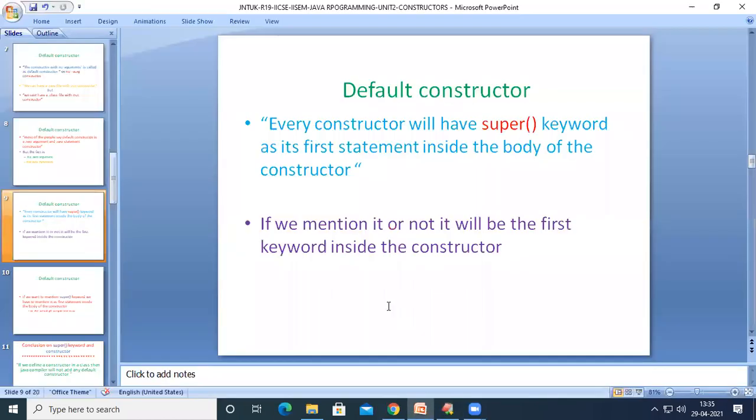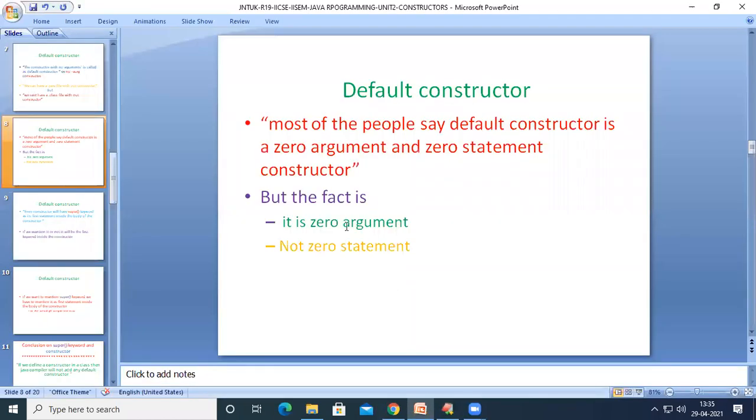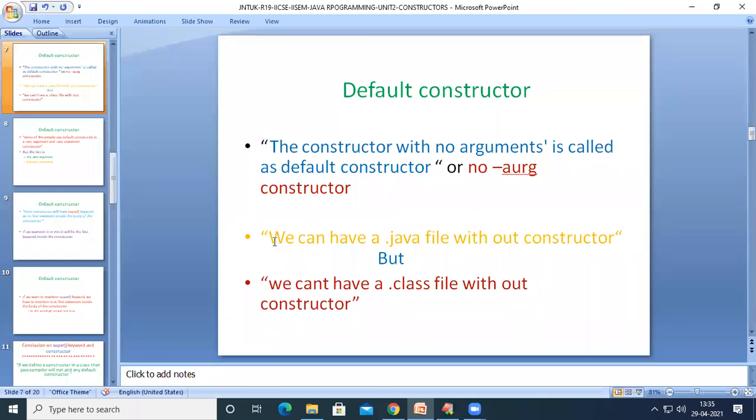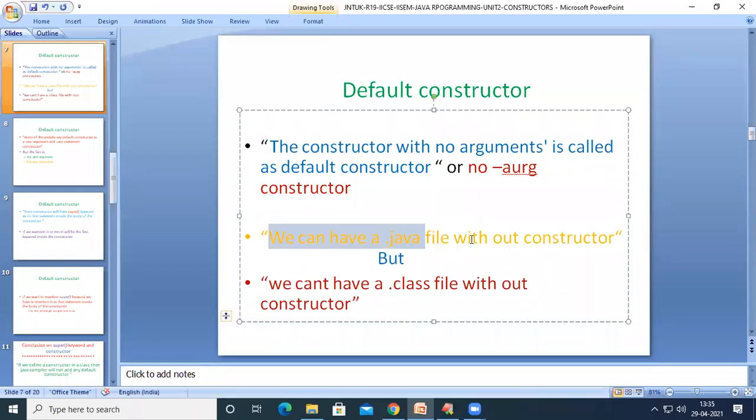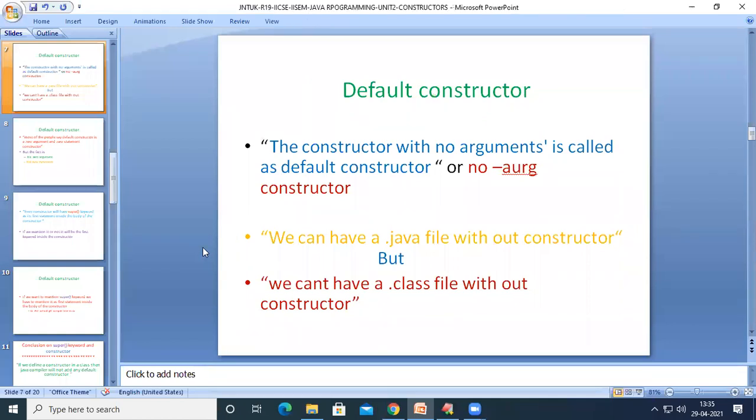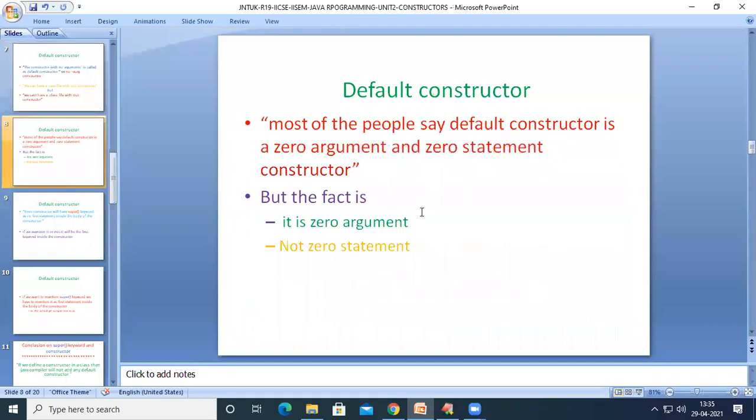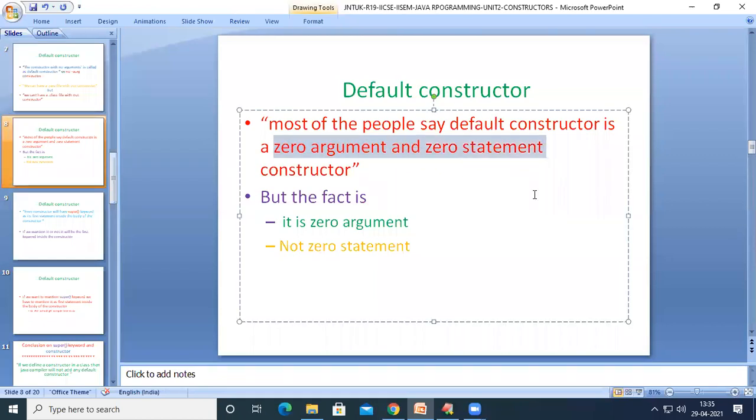See here, in the previous couple of slides, we have seen that whether our Java file has a constructor or not, our .class file has a constructor. Because if we write it, it will be compiled. If we don't write it, it will be added and then compiled. In the next slide, we saw that the default constructor has 0 arguments and 0 statements.